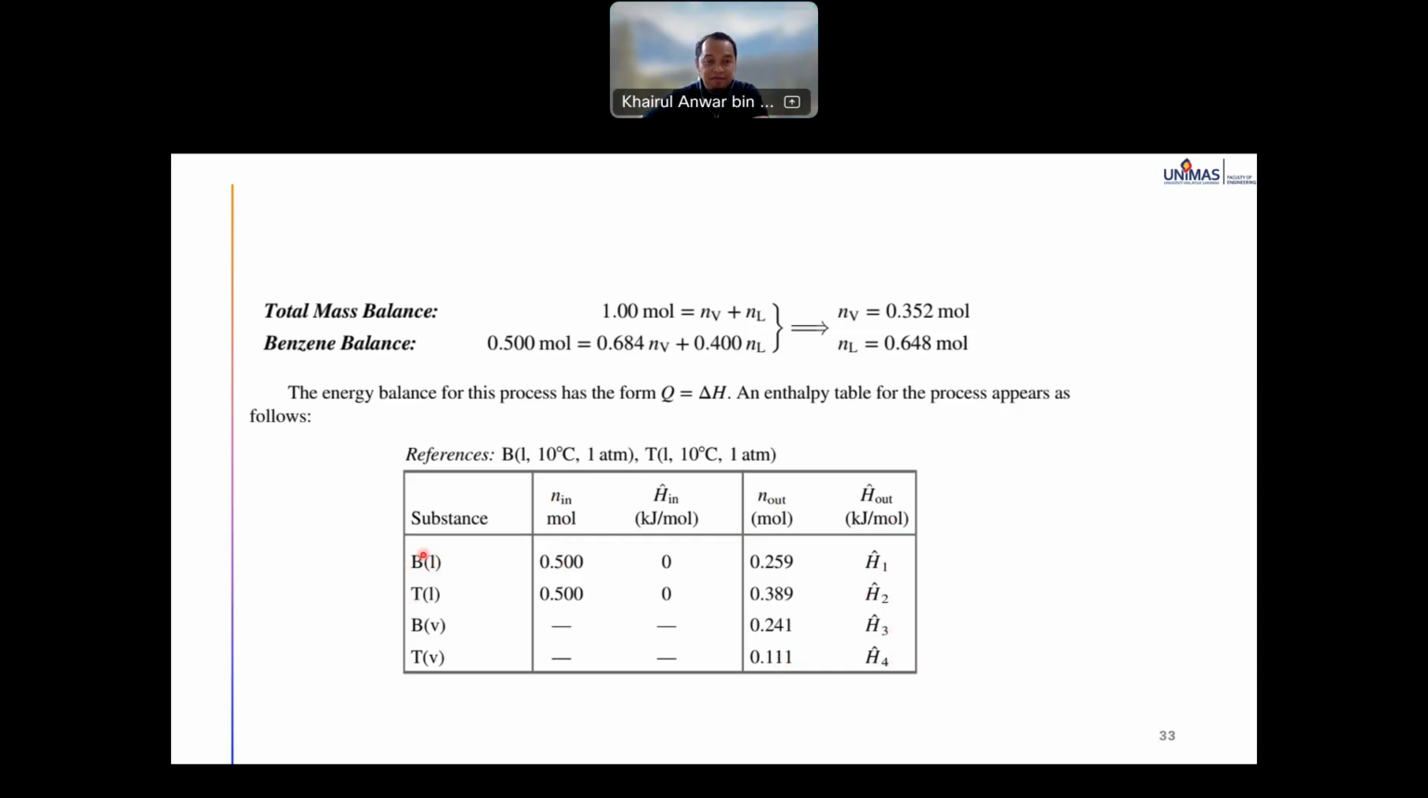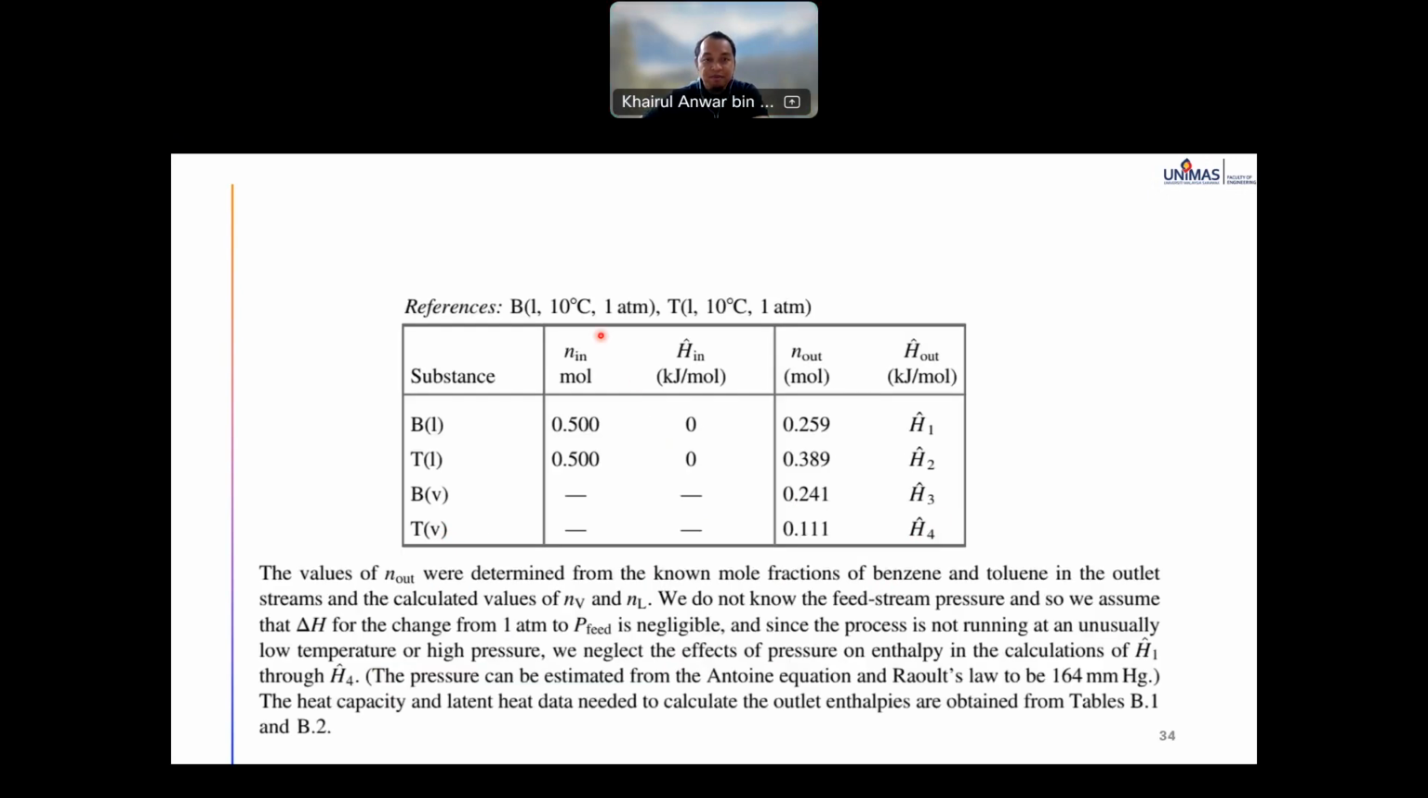But see the form here. BL refers to liquid benzene. BV refers to the vapor, benzene. T is toluene, liquid and vapor. Don't forget to write the table. The value of an output